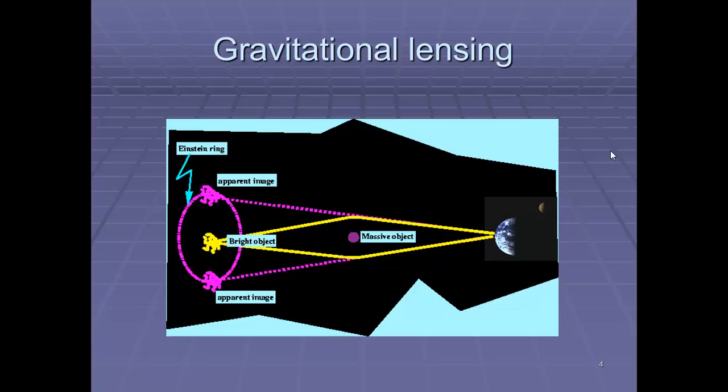Furthermore, this creates something which is often known as gravitational lensing. And gravitational lensing is a tool which allows us to see distant objects by the fact that there's natural bending because of a massive object. And what we end up seeing is a bright object which is directly behind a massive object. We'll see apparent images which appear to be like a ring, and this is known as Einstein's ring. So the apparent images create a circle if we have a gravitational lensing situation.